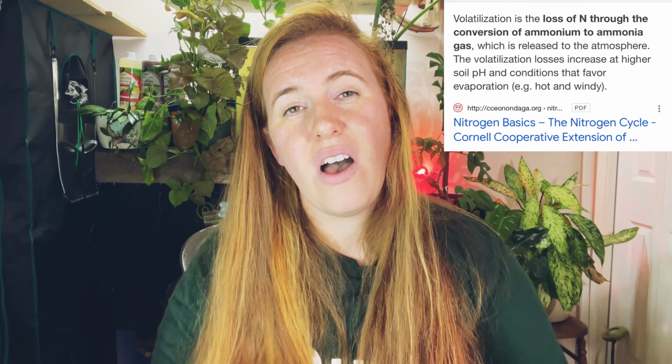Volatilization is the loss of nitrogen through ammonia. So it is a gas at this point and is simply released back to the atmosphere out of the soil profile. And so when this does happen, it is volatilization. This typically only takes place in incredibly moist soils. But this loss can also happen through alkaline soils, so a soil profile that has a pH above 8 or